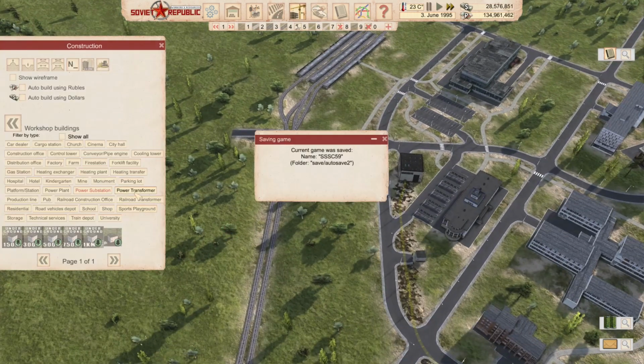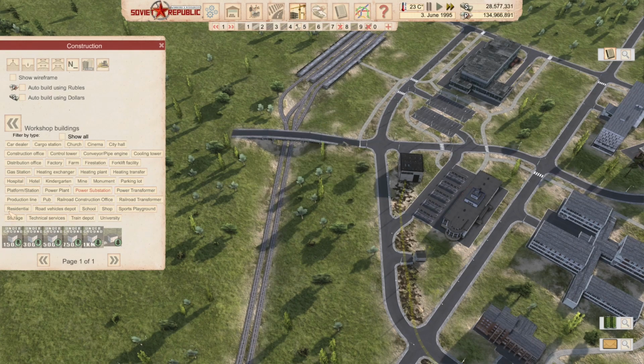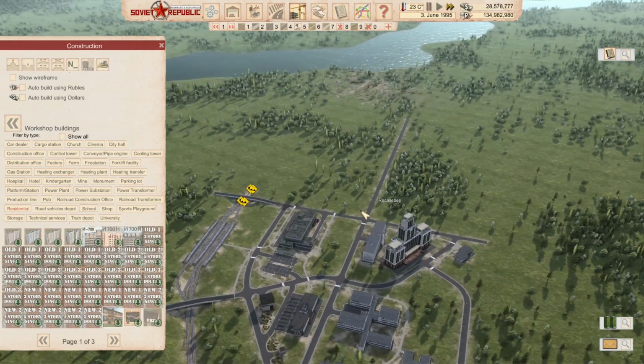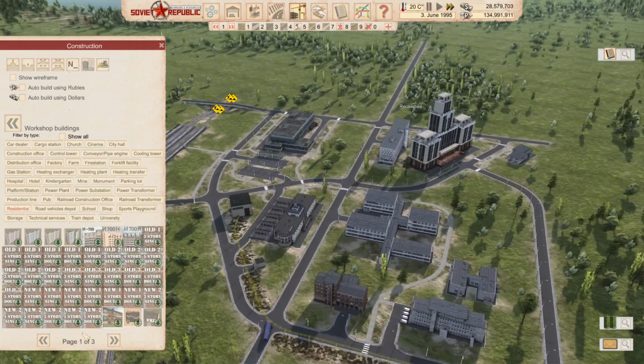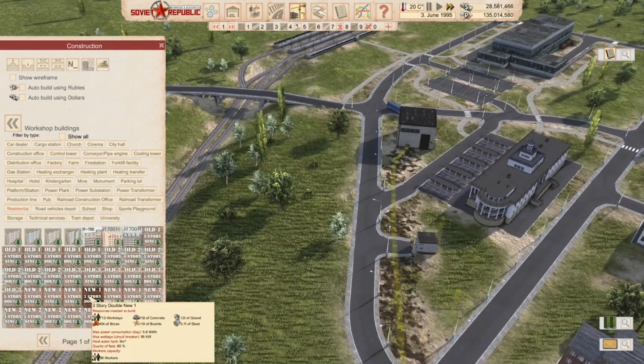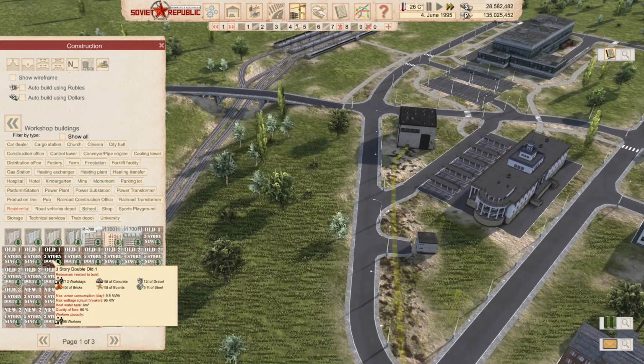So if we go residential, I want this town to have a very unique feel. And again, I'm going to remind you all, I'm looking for nice, cool names for this town. So keep your suggestions coming. I'll select one in one of the future episodes. Okay, I'm going to go with the...